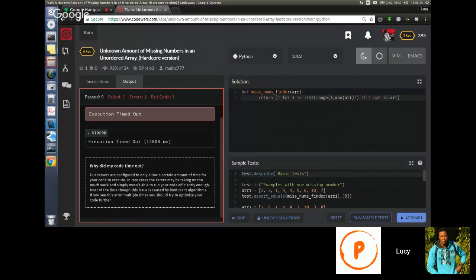Just stepwise, as in not one liner, and see if it will work. Not doing the one line as in first to get the max, stored in a variable, which is n. Like here, I can say n equals that, and then here I put n. Yeah, and then I remove the list.